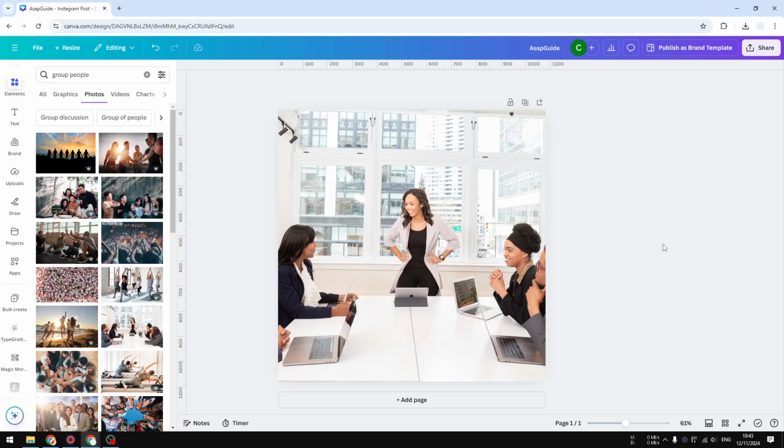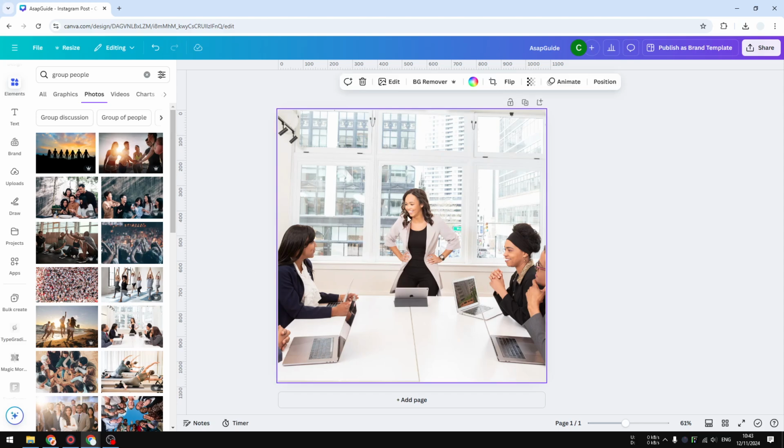Hi, in this video, I'm going to show you how you can erase part of an image or erase an object in Canva. So if you have an object from your photo that you don't want to show, like maybe there are multiple people and there is one person that is kind of blocking the view, you can remove that. In this example, I have this picture that I got from Canva library, and I'm going to remove this